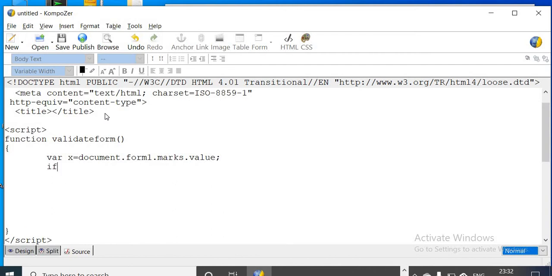Then if isNaN, there is no space, both N are capital, and as a parameter in parenthesis we will pass the variable x which we have declared above, and then we open the if block with curly bracket open and close.